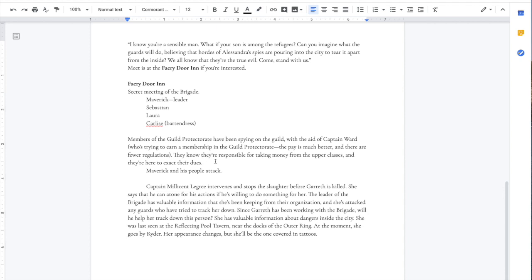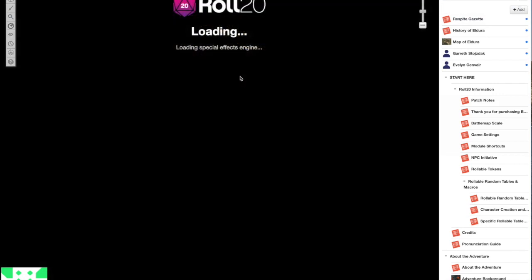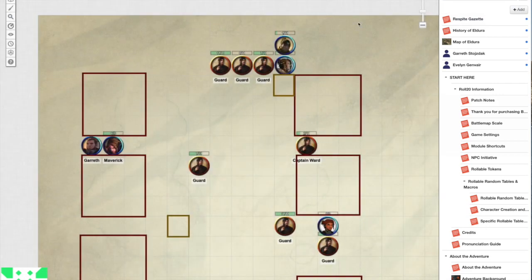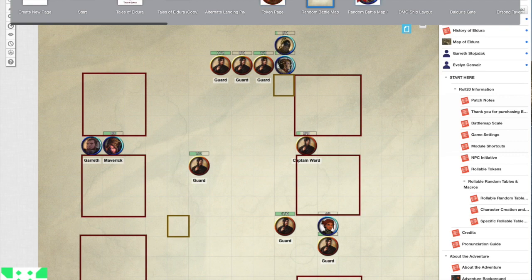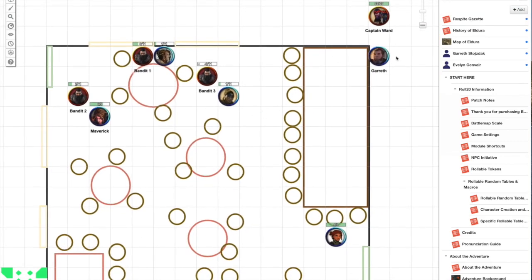The brigade attacks the guards back. In this case, what happened was that Gareth wasn't as inclined to engage, which ended up really cool and interesting. So he ended up outside of the tavern, and this actually isn't Captain Ward. I moved on to my next character, who is Captain Millicent Legree, who is part of a different part of the city guard. And so we'll recap that in our next session and kind of go over what happened in